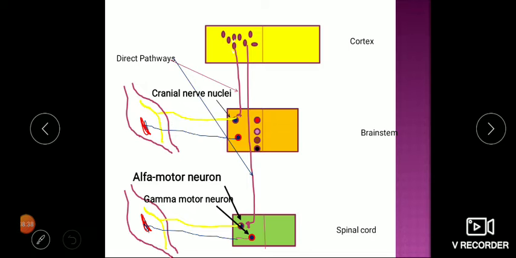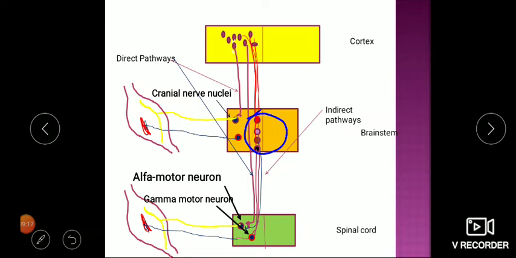So these two are called direct tracts as they are directly controlling the lower motor neuron. Now these other tracts start from the cortex and take their station in the brainstem. There are so many nuclei in the brainstem. Some appear red in color, some are in connection with the vestibular apparatus, and some are like a meshwork, a reticulum. So based on them, these are called red nucleus, vestibular nuclei, and reticular formation. The fibers which end in them and again start from there are called indirect descending tracts. So these are called indirect pathways.